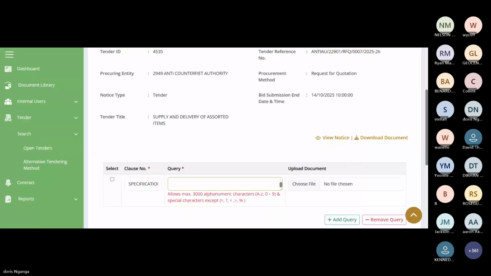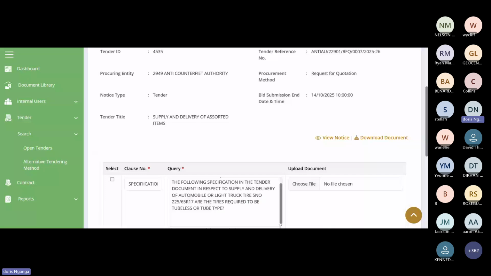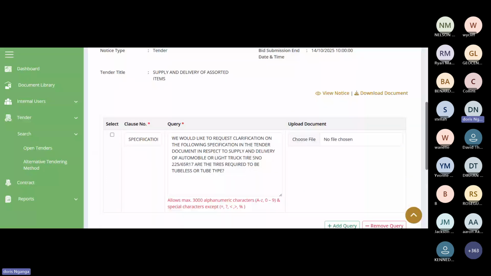This tender is for supply and delivery of automobile or light truck tires. So they have given some specifications, and I want clarification on the same.